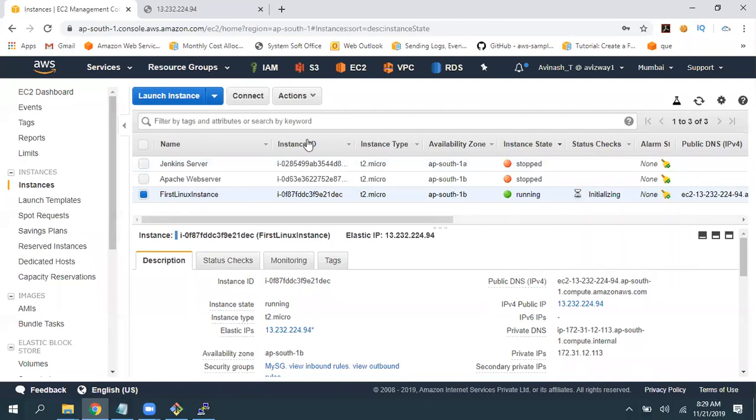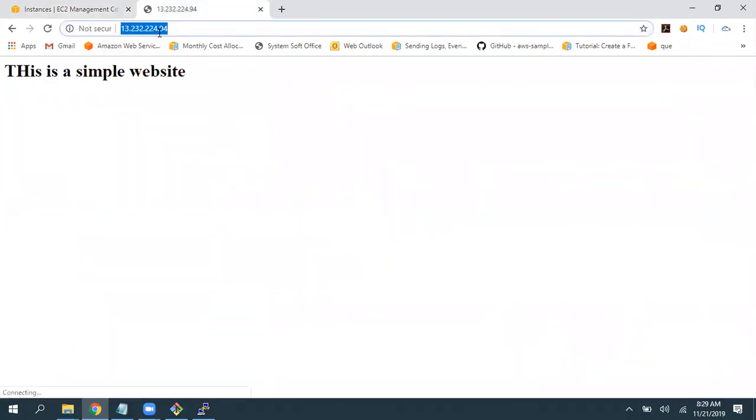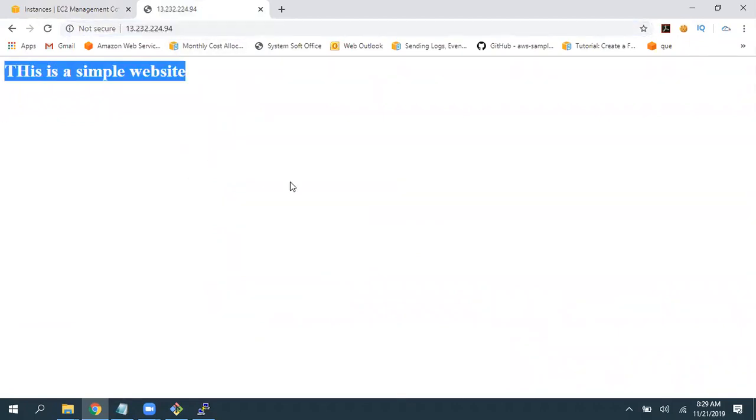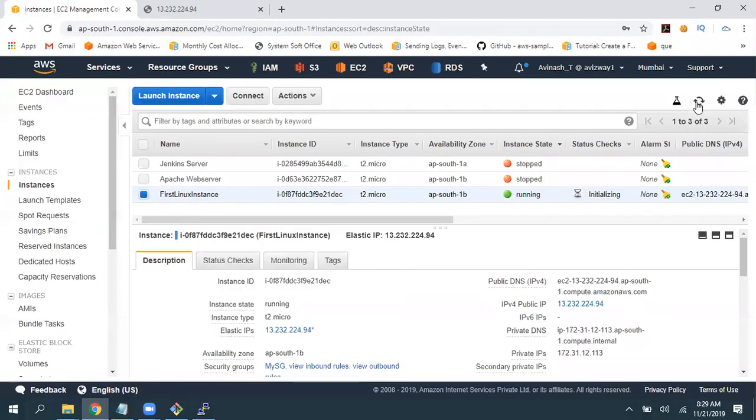It is in running state now. Go back here and do a quick refresh. There is no change in the IP address and I'm able to get the output as earlier, not like before. So if you have an important server, then you can associate an elastic IP address to that resource, and you can give a fixed public IP address for your web server or any server.